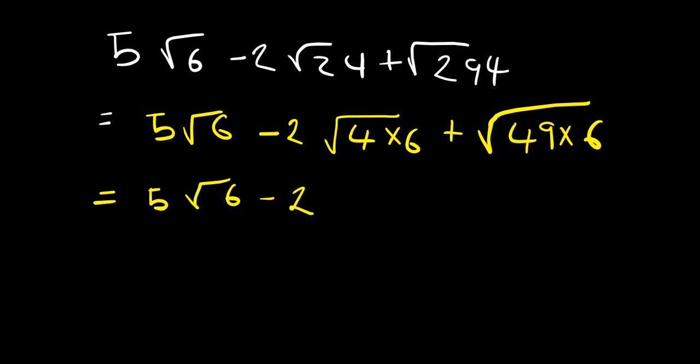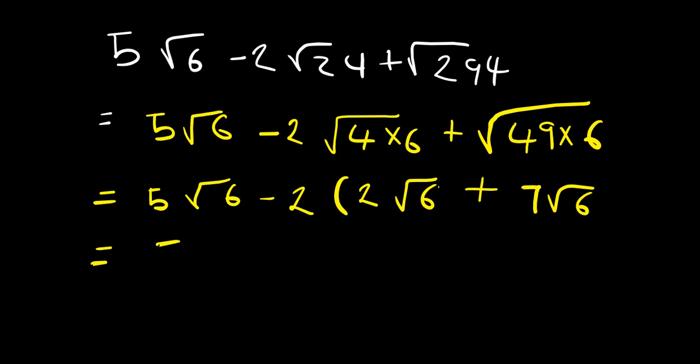Now the square root of 4 multiplied by 6. You know that the square root of 4 is 2, right? So you say this is 2, then you remain with root 6, plus the square root of 49 is 7, you remain with root 6. Okay, we can simplify further. So you have 5 root 6 minus 2 multiplied by 2 will give us 4, so this will be 4 root 6